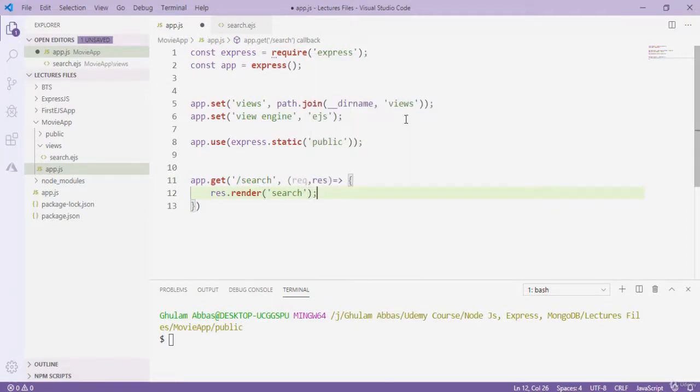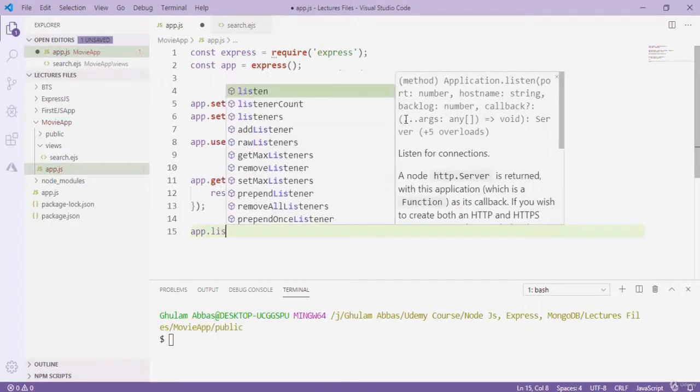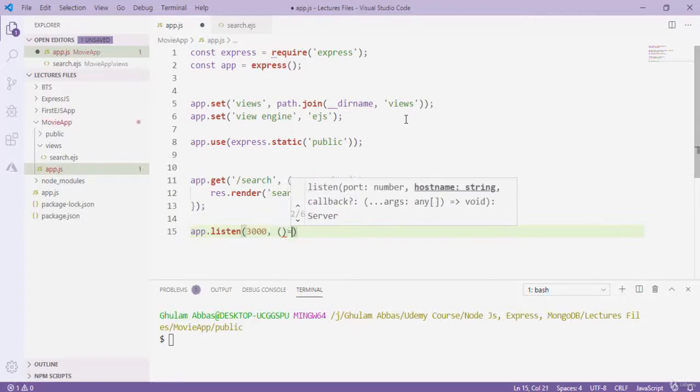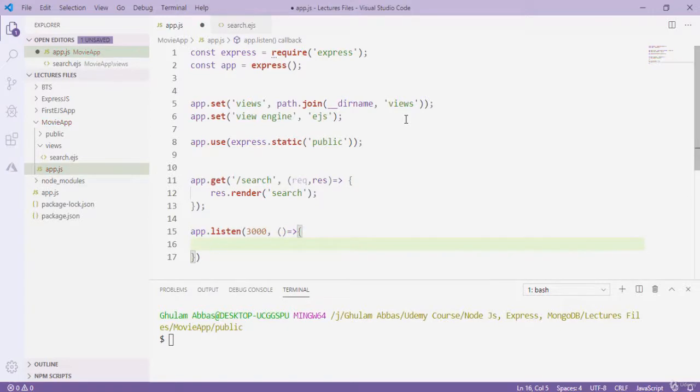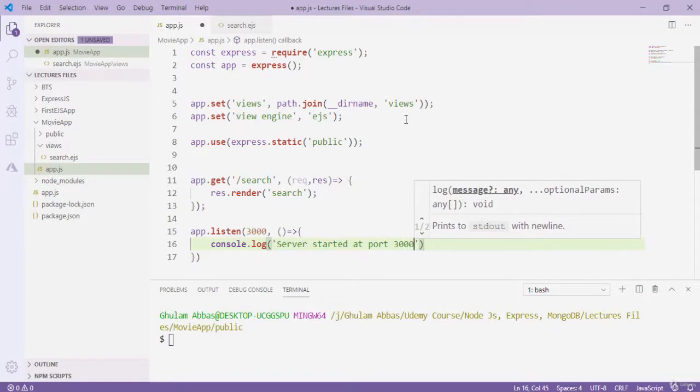Okay, and let's add a listener here, so app.listen port 3000 and callback. I type here console.log server starting at port 3000, like this,